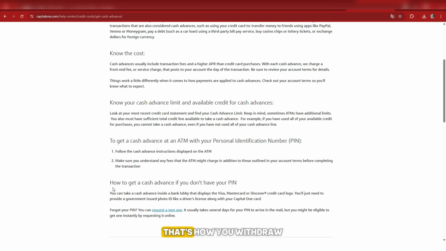And that's it. That's how you withdraw money from a Capital One credit card at an ATM using a cash